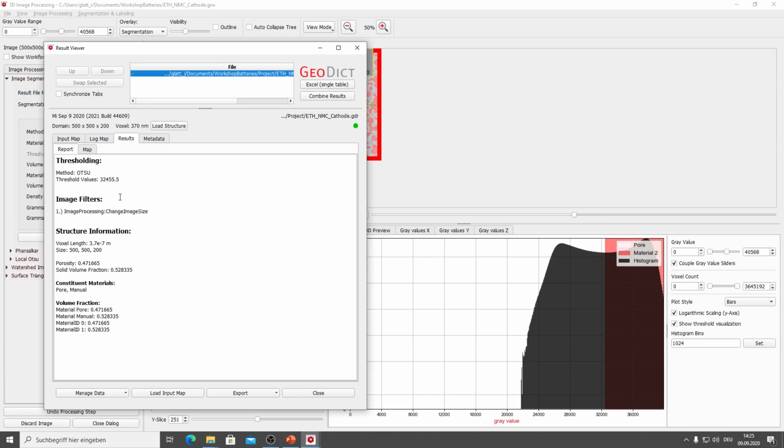We used the Otsu method, we used not really image filters, but only the cropping. We have some structural information, the size of the structure, porosity, voxel length, just a short summary of what we did. And this file is called eth_nmc_cathode.gdr. And also the structure that we just created, the segmented structure, is being stored with this file in a separate folder with the same name. And you can always load this structure by hitting on load structure. Not necessary at the moment, it's already loaded. We can close this dialog here